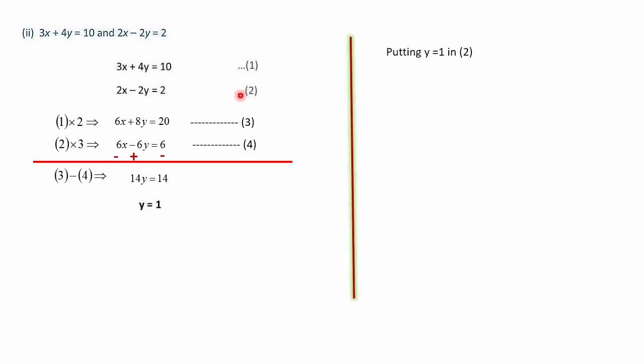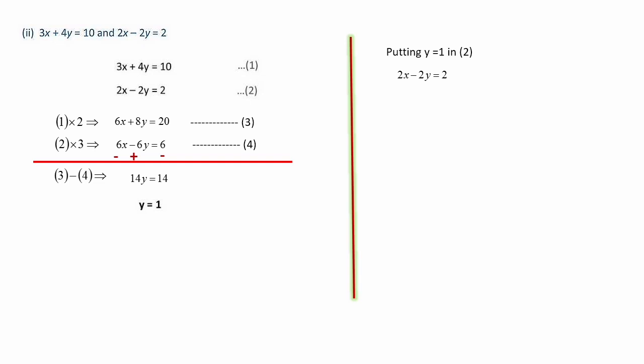Here equation number 2 is easy because here the variables are little higher. Here it is lower, 2, 2 and 2. Here 3, 4 and 10. So here it is convenient. Second equation. If you wish to substitute in first equation also, no problem. You will get the same answer. You can go for it. But calculation will be little difficult. But here the numbers are easy. That's why the calculation also little bit easy.